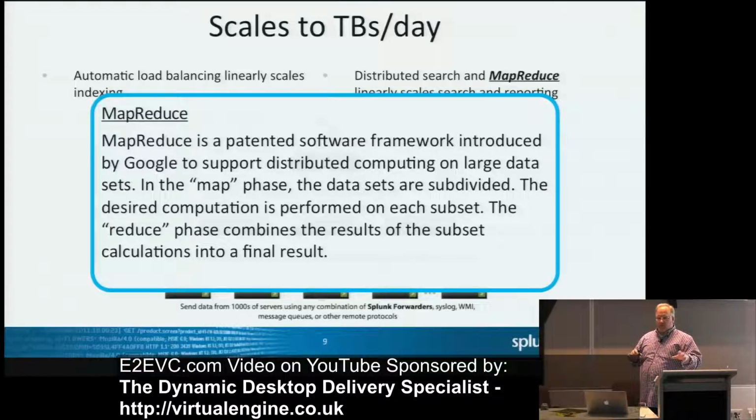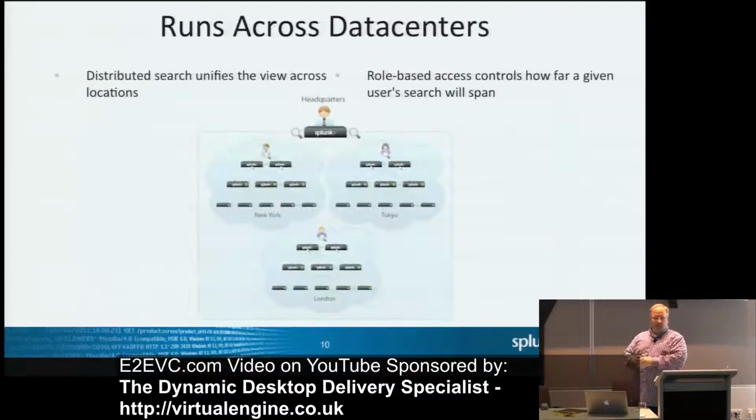The way the configuration works, let's say you have a branch site scenario where you have 10 branch sites, you can have an indexer in each one of the branch sites and then a central search head. Or if you're a consultant or a managed service provider and you have multiple customers, you can have an indexer in multiple customer sites and let them have local search heads. And then you have a master search head that can search all of them at once. You can have all kinds of configuration options. It's pretty powerful in that regard.